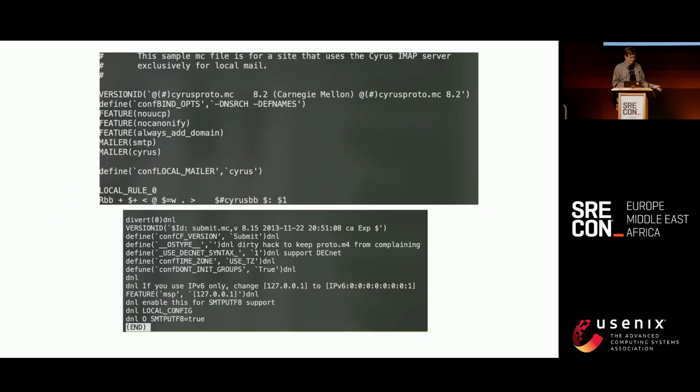This is the actual configuration that some of you would write. No sane person would do sendmail.cf. Everybody would do sendmail.mc. And this is sendmail.mc. I also have a typo in there, which is significant. Anyway, this is a DSL written on top of M4, and you already heard about M4 in one of the sessions this morning, right? This was a macro processor. And that is what was chosen to be the high-level language here.